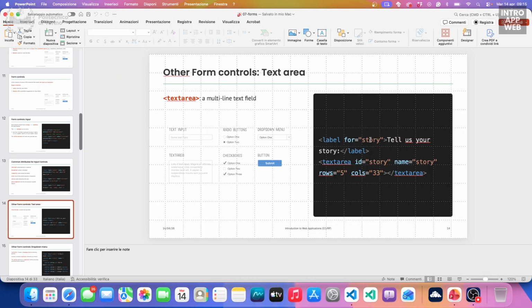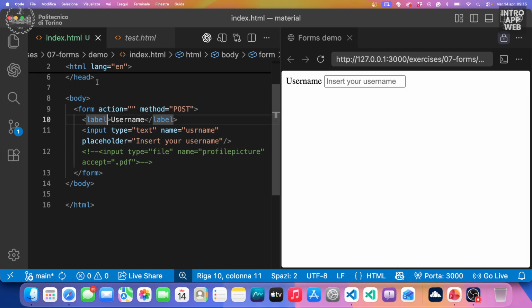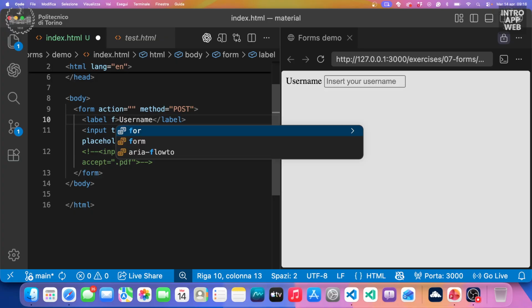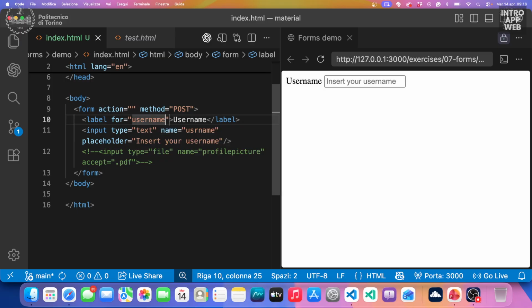Yeah, somehow it tries to link this label with the specific form component that belongs to that label. Because so far, as I show you here, these two elements don't have any bond or relation. It is just a text, and next to it an input field, but they don't have any bonding. So as a way to say that they are bound,